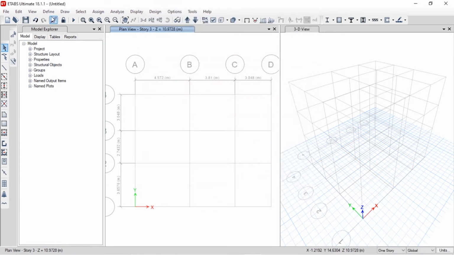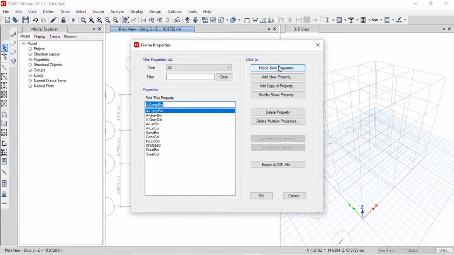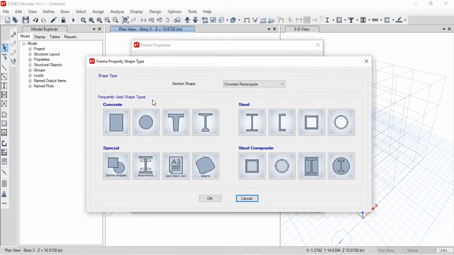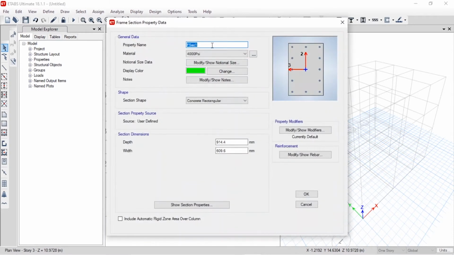After defining the material, you have to define the section properties, that is the frame section and the slab section. The frame sections include beam and column properties. Click on add new property. Here you are going to choose the concrete rectangular section, and I am going to name it as the first beam.